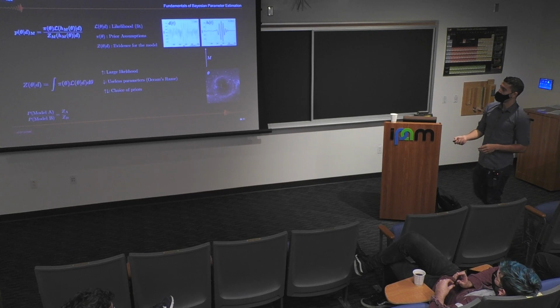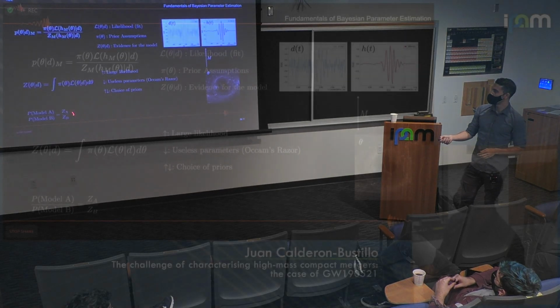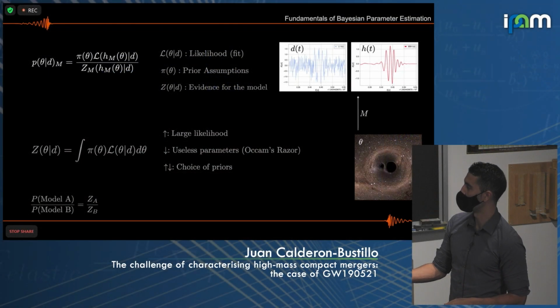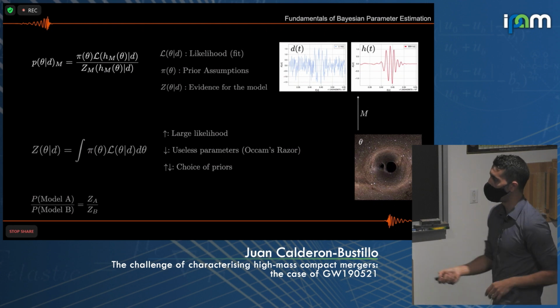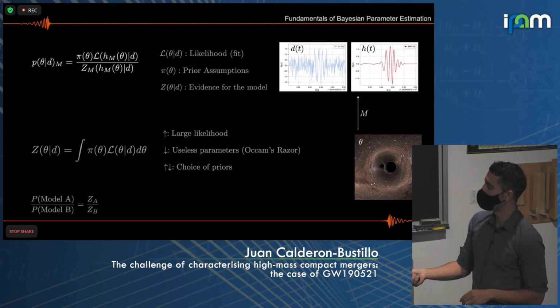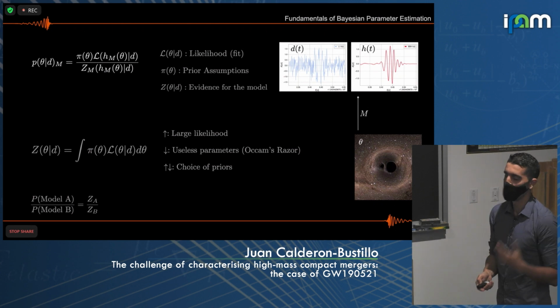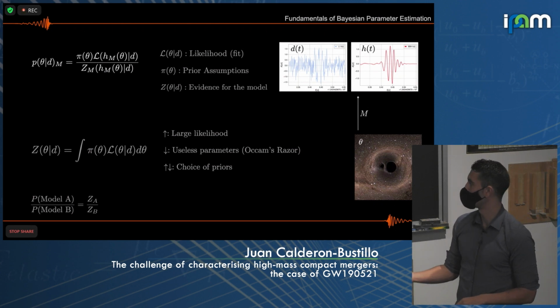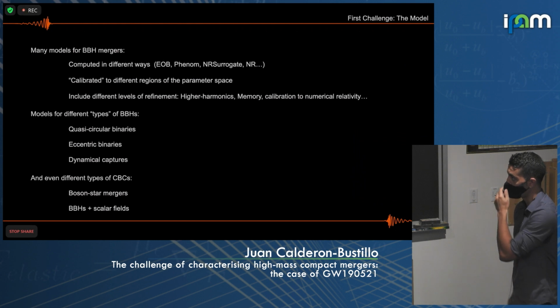And then when we have two models, we compute this evidence for both models, and then we just compute the probability ratio of the two. Normally, or very often, this is weighted by some prior odds on our belief of each of these two models being true or existing in nature.